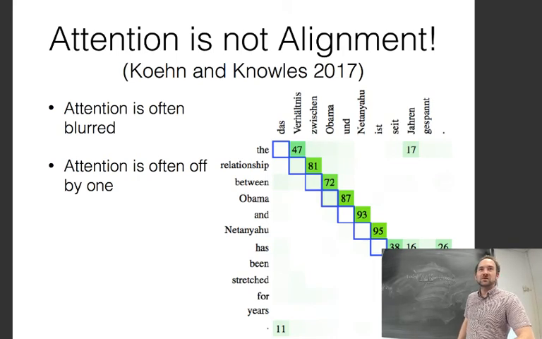Does anyone know why this happens? Yeah. Initialize the state to 0, so you won't really be able to attend to the... What was the other opinion? I was saying you encode the words, like you pay attention to the hidden states in the encoder, which is not necessarily aligned to the words. Like the hidden state at time t is attending to all the previous words and all the next words if you have bidirectional. Right. So I think the initialization might have something to do with it, but I think the second answer, which